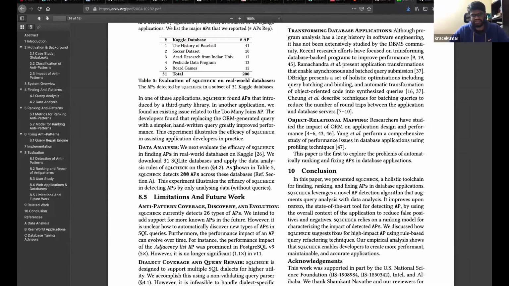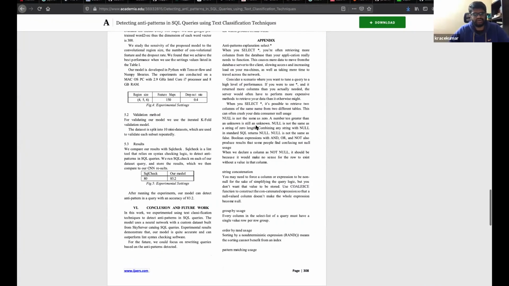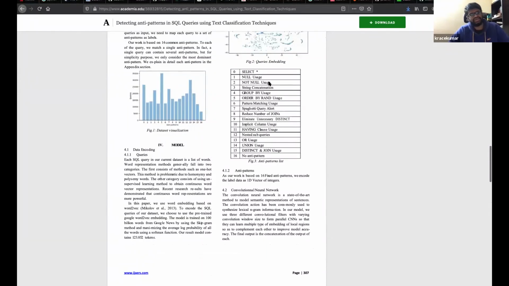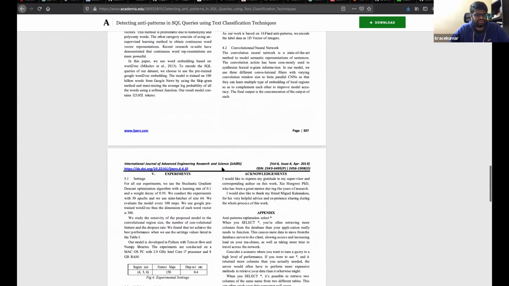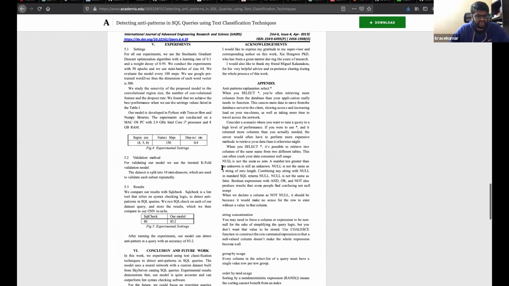As you can see, this is text-based. Somebody even went one step further and created a neural network. You just give it a SQL query, and the neural network can classify whether this particular query has any anti-patterns or not, and it outputs what the anti-pattern is. They have not described much about this. Another team in China did this research. One comparison result is that the SQLCheck tool is able to classify this particular query with 80% accuracy, while the paper claims the neural network achieves 83.2.